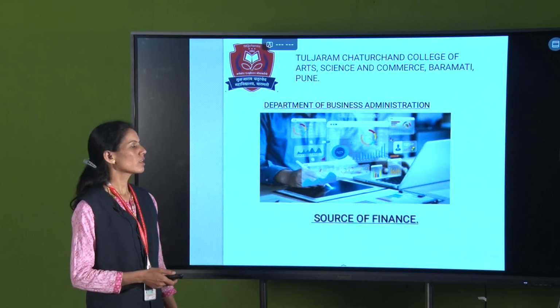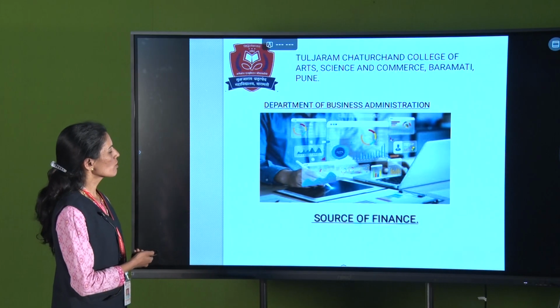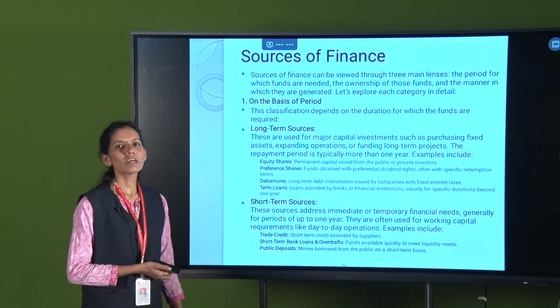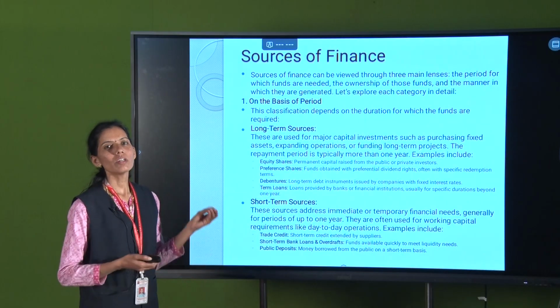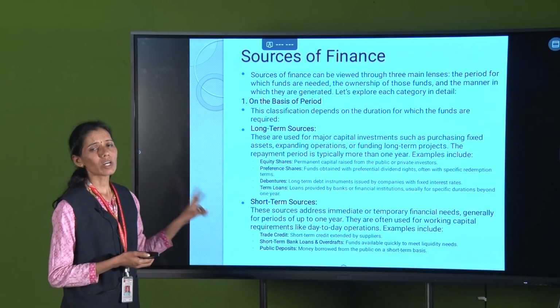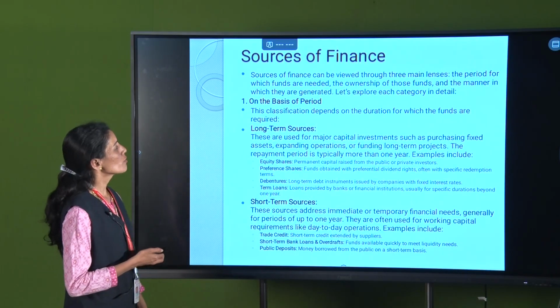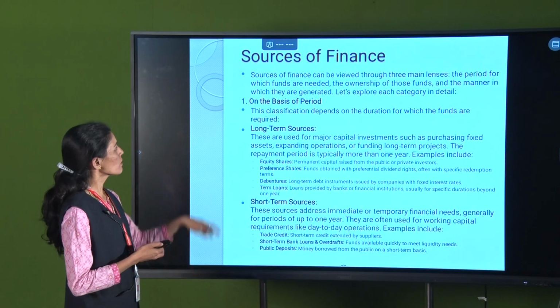Today we are conducting the lecture on sources of finance. So what is meant by finance? Finance is the manipulation and summarization of our money. There are two types of sources in finance, and that term is most important for our finance. So, sources of finance